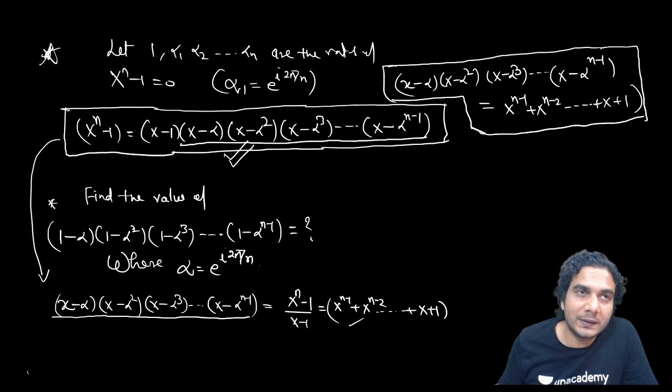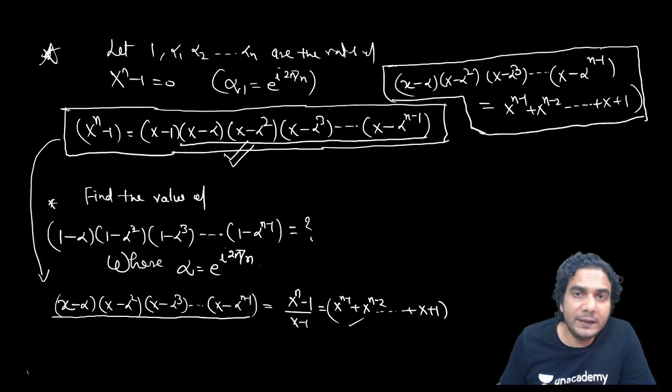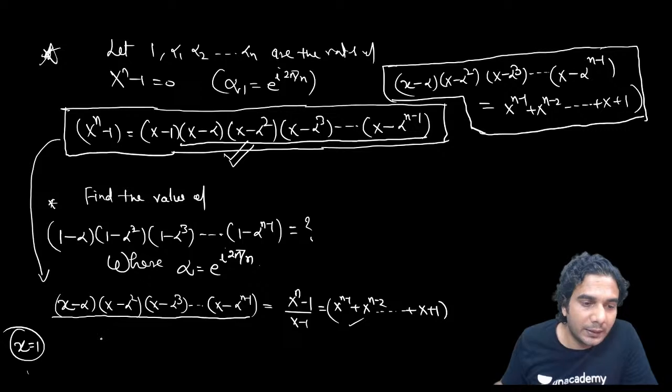Like you are writing x is equal to x. Like you are writing x square minus 1 is equal to x minus 1 into x plus 1. So it's an identity, right? So identity means you can put any value of x in this. So if I put x is equal to 1 in this, you'll get the required result. So you'll get 1 minus